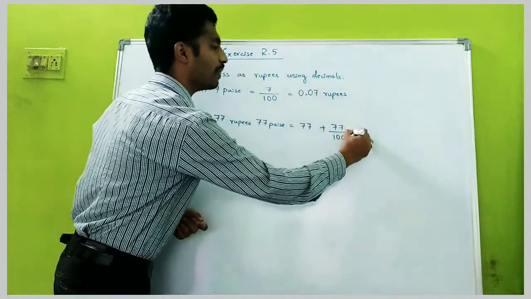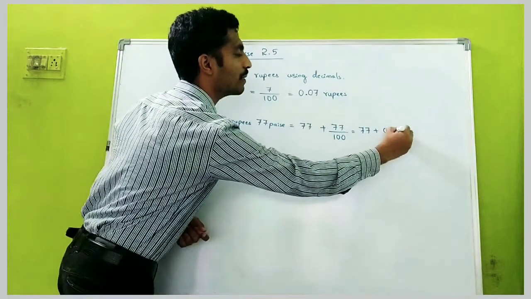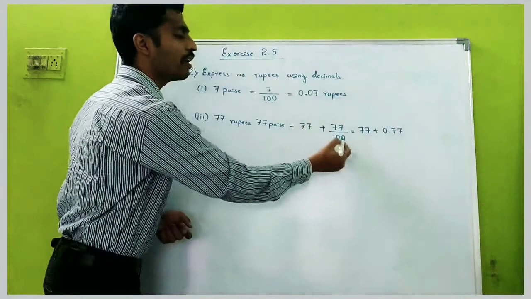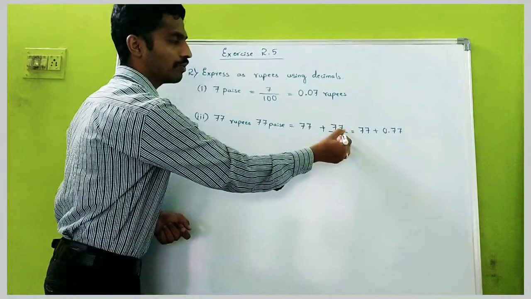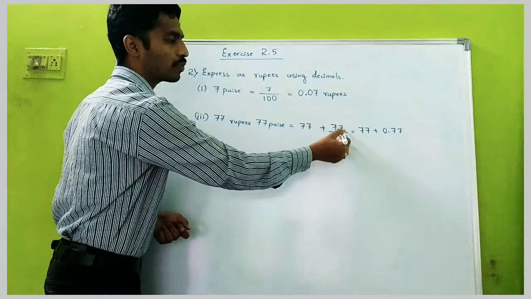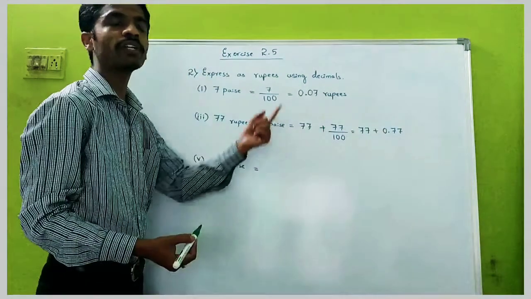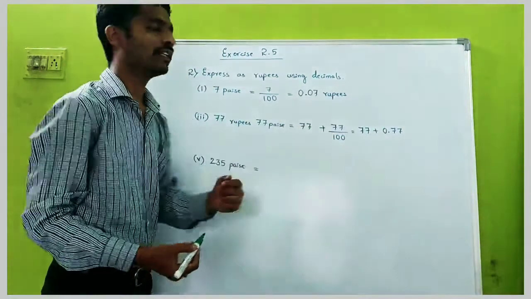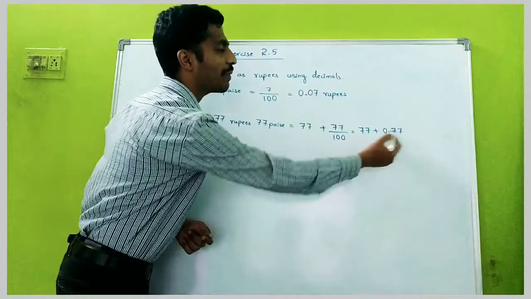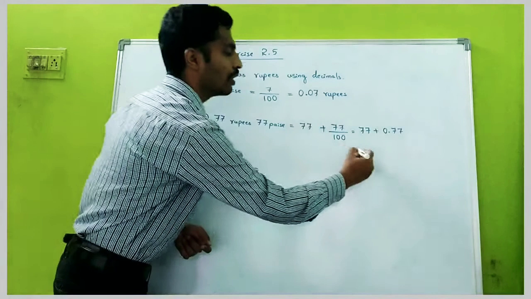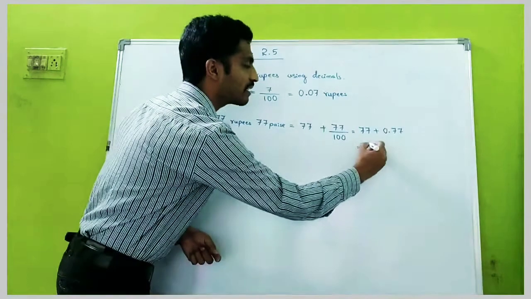Okay. So here we will get 77 plus 0.77. Why is it 0.77? Here 2 zeros are there at the bottom. So we have to put the point after 2 numbers. 1, 2. So after 2 numbers I put the point, that is 0.77. Now we have to add it. So how to add? One mistake we will do here: we will add 7 plus 7. It is wrong.